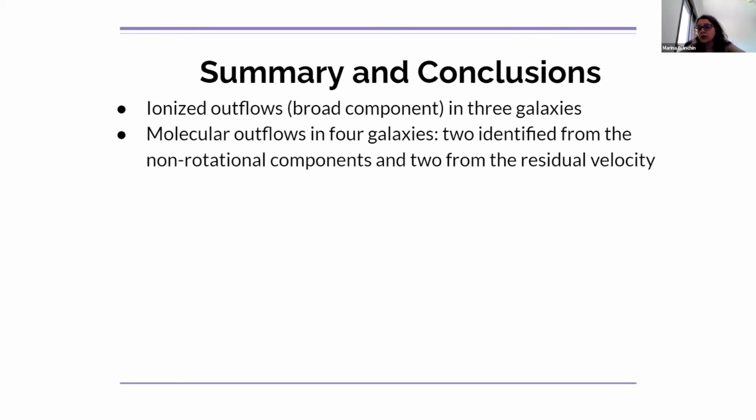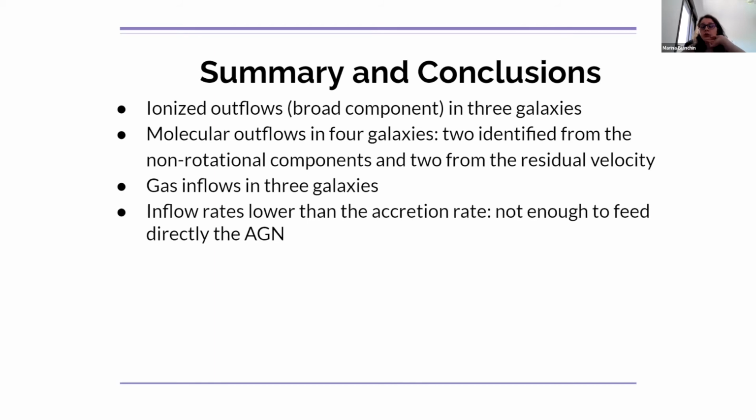Hot molecular outflows are seen in 4 galaxies. 2 of them are identified by no rotational components, this broader component, and 2 from the residual velocity maps that are confirmed by the channel maps. Gas inflows in 3 galaxies,